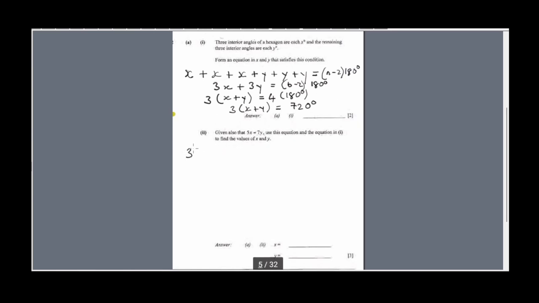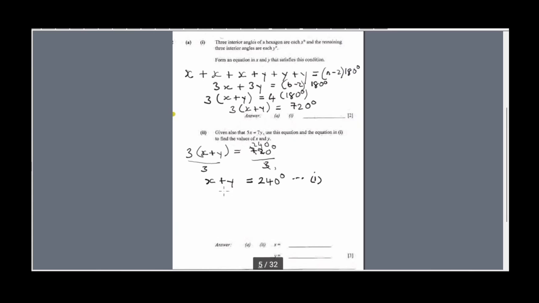So part 1, its equation looks like 3 bracket x plus y is equal to 720 degrees. If we want to remove this 3, we can divide here by 3, then divide here also by 3. That means here we remain with x plus y is equal to, 3 into 7 is 2 to carry 1, 3 into 12 is 4, then 3 into 0 is 0. That means here it will be 240 degrees, and this will be equation 1.